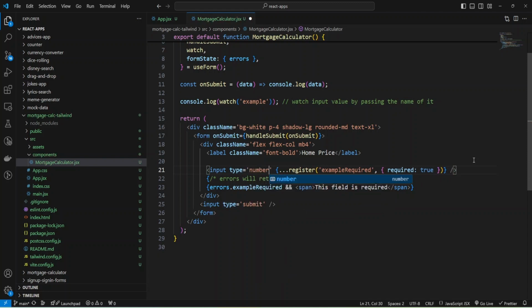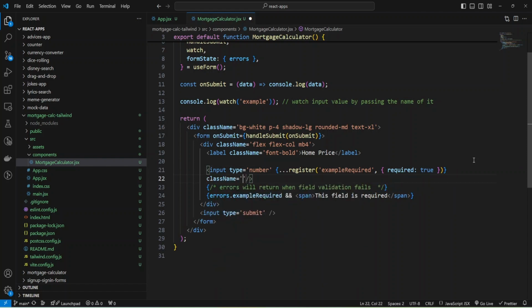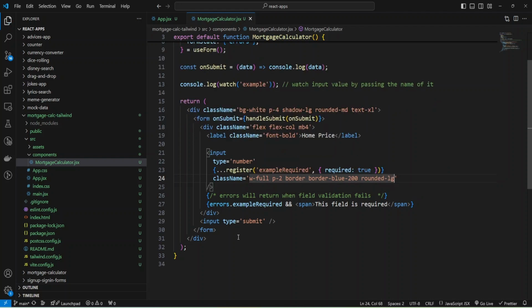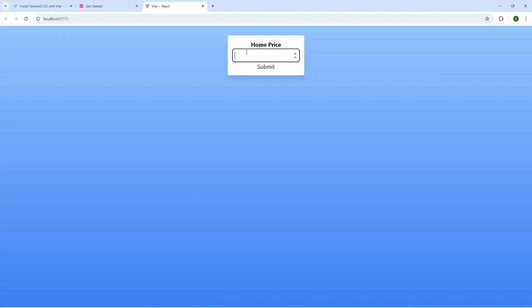I'll use only number, and now I can add tailwind styles, and we'll make it full width and add some padding, and let's add border and make border blue 200, and let's do it rounded and make large. Okay, and let's check, and we have our border.